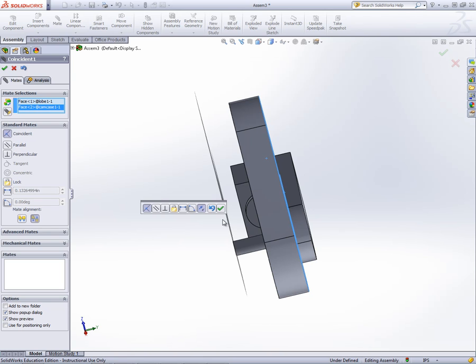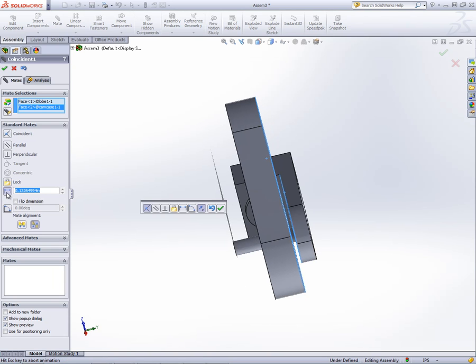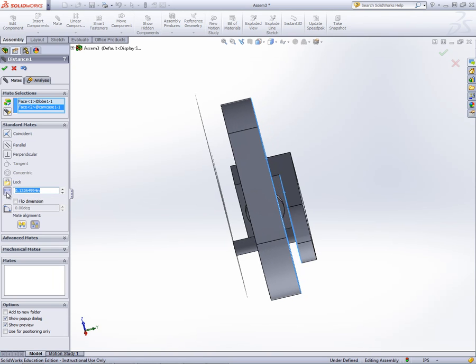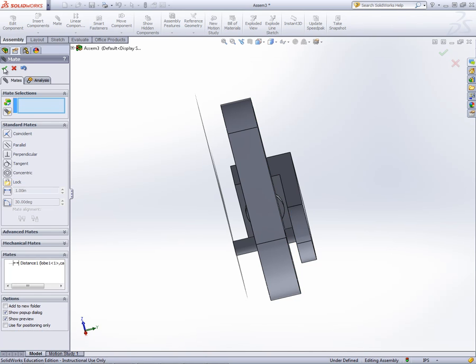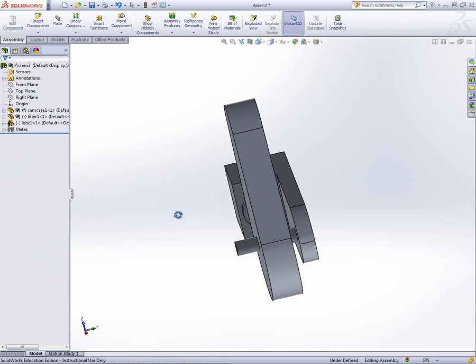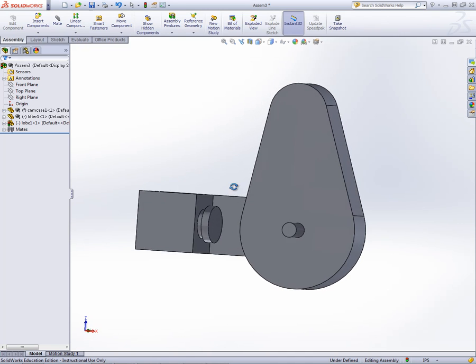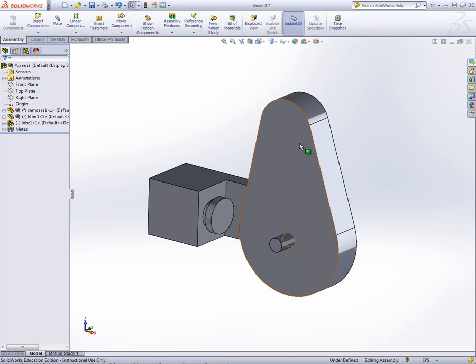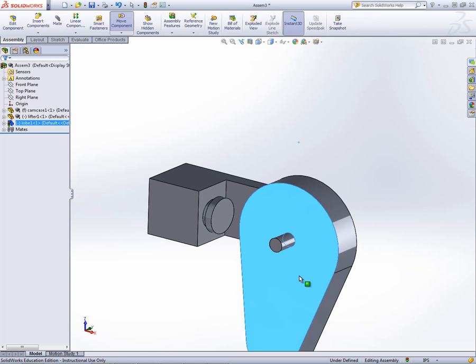At the same time, we're going to left click on the distance icon, which looks like it's inactive but really isn't. Left click on that, and we'll enter 0.1375, and it's off center just a little bit, but nothing that's too crucial for our exercise here. And we'll left click on the green check mark twice. We'll push the mouse wheel down, rotate the part around, and so now the camshaft lobe is constrained on the